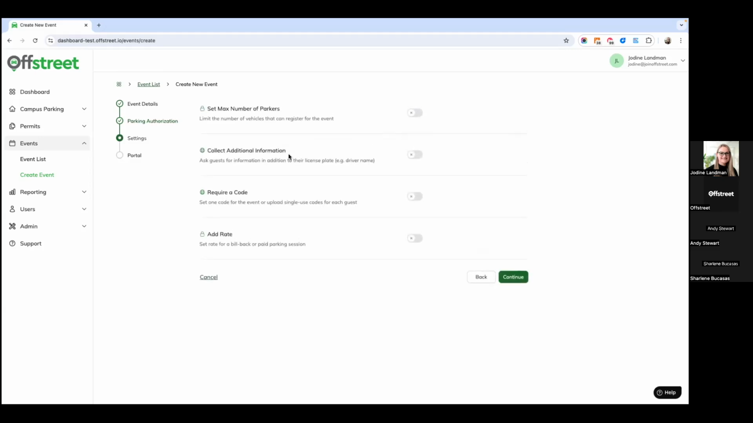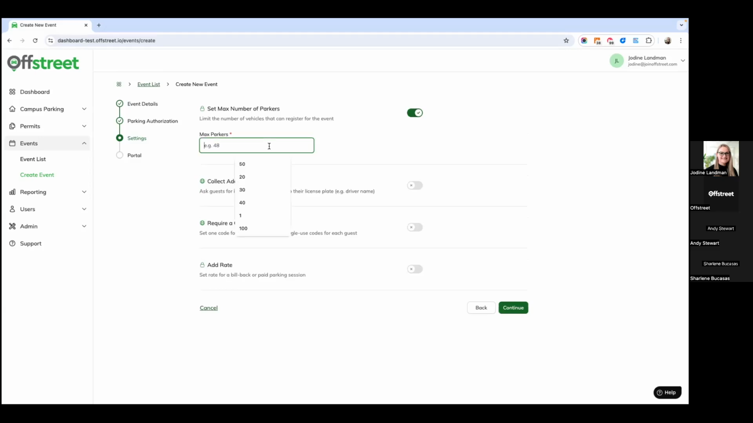And the next option is where we will set up the rules for this specific event. We can set the maximum number of parkers, and this is usually also linked to the budget the client gives. Sometimes there is no maximum and they can park as many people as they want. So for the purpose of this, I'm just going to put in 100 parkers, and we can also collect additional